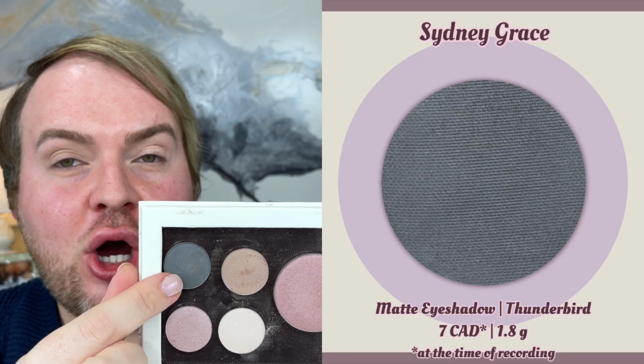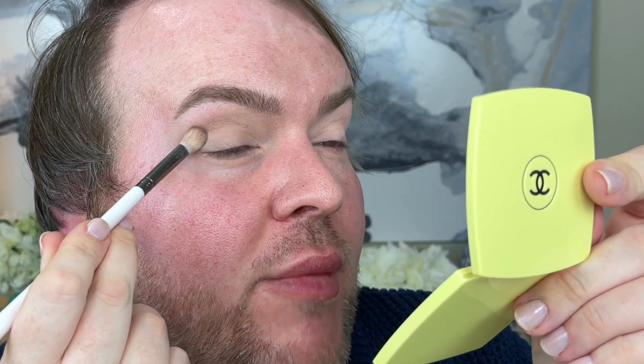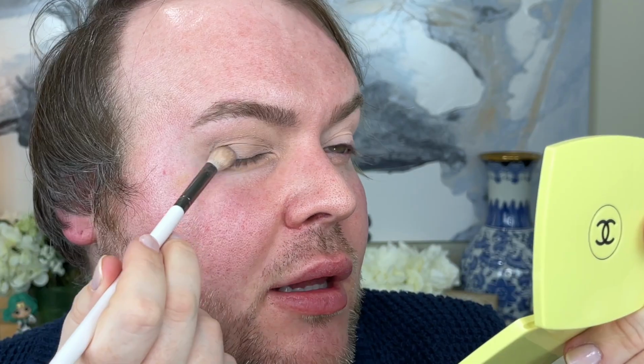I'm going to continue using the shade Speedway, but I want to mix it with the deepest shade in the palette called Thunderbird. And I'm going to use that same brush, and I just go back and forth between the two shades. And again, I'm going to mix it on my hand using my handheld mirror. I want to start with this in the outside corner of my eye, just tapping and then working into this outer V section. So looking straight ahead, I can just kind of bounce my brush